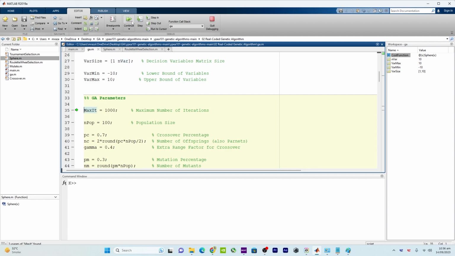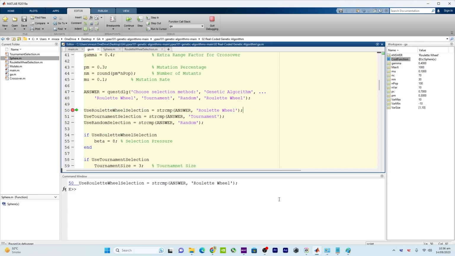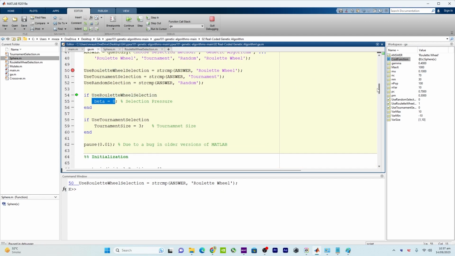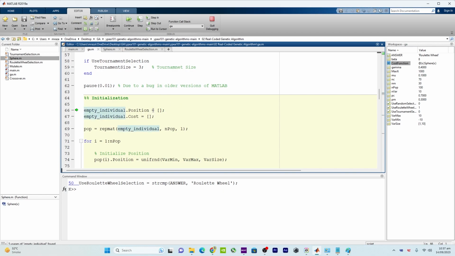Let me click on step, and here if we use roulette wheel selection we have to put beta 8. These variables will be used later, and if we have selected tournament selection, the tournament size will have to be 3. So let me click on step. Okay, so now we are using the roulette wheel selection, and here there is a variable, and here is the